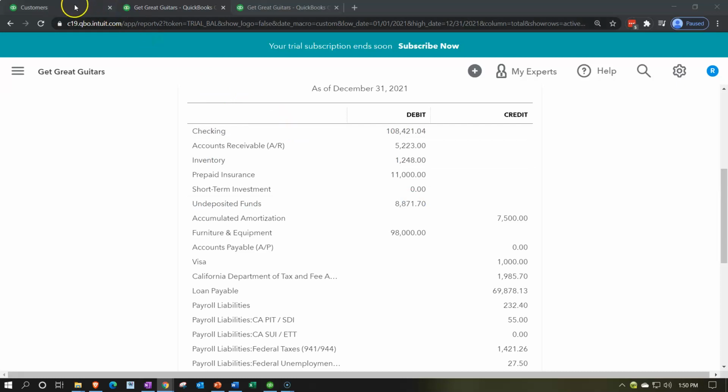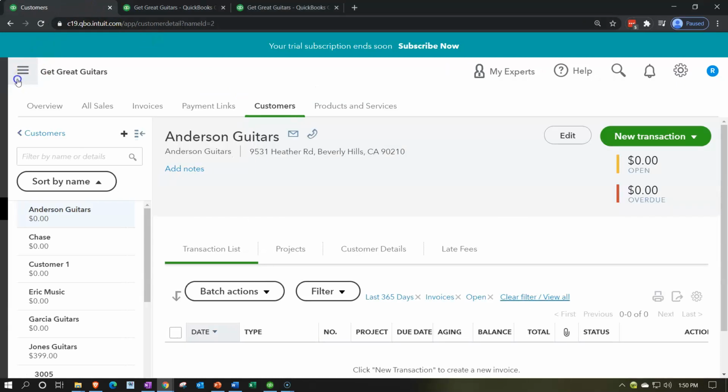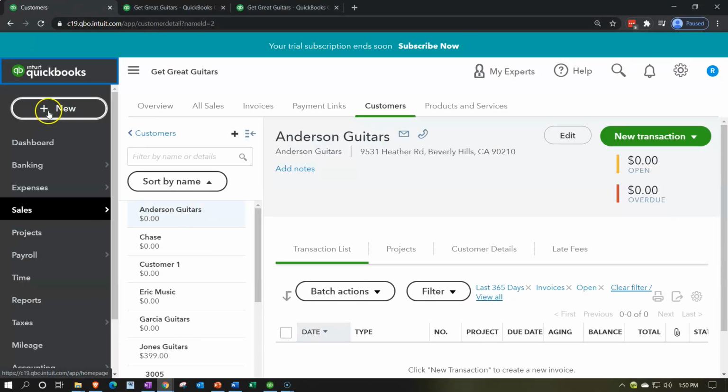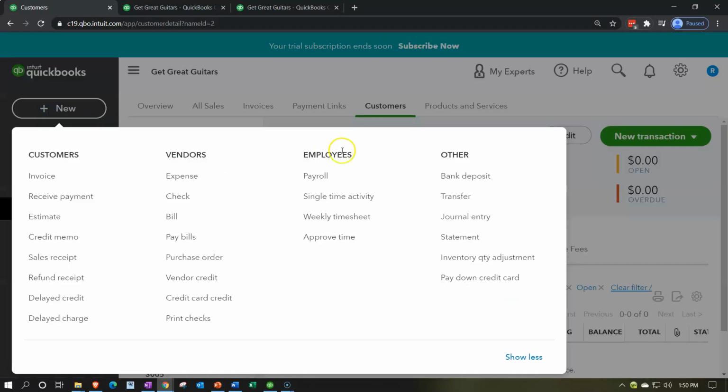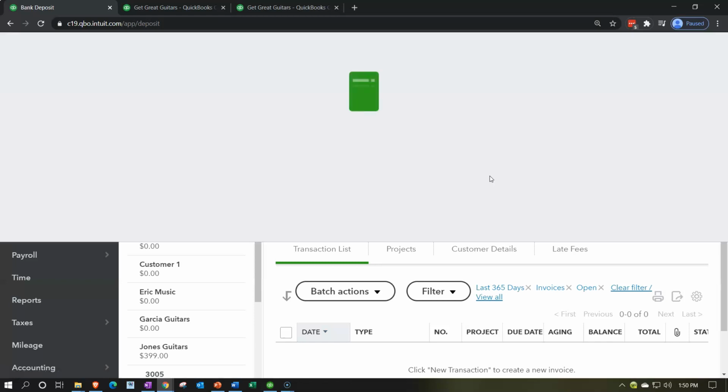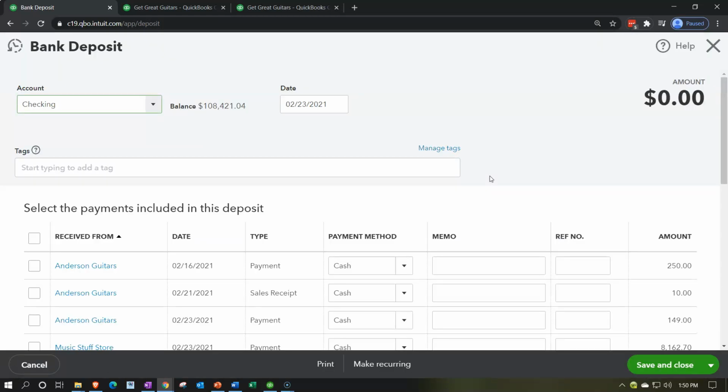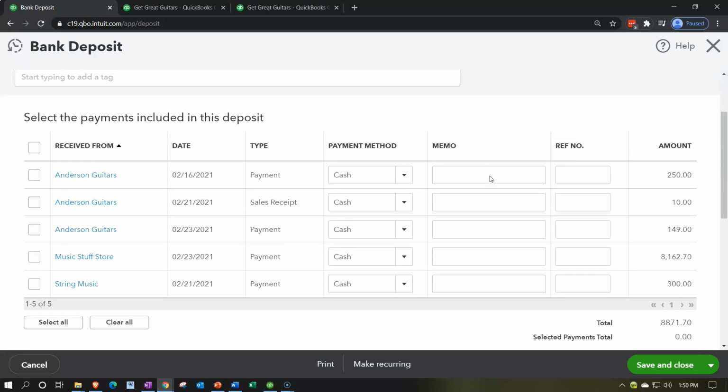So we'll go to the tab to the left, and we're going to hit the drop down, and we're going to hit the plus button, and we're going to go on over to the banking area and make the deposit. And this is all cash for us, so we're going to group it all together in one lump sum payment. So we got all these